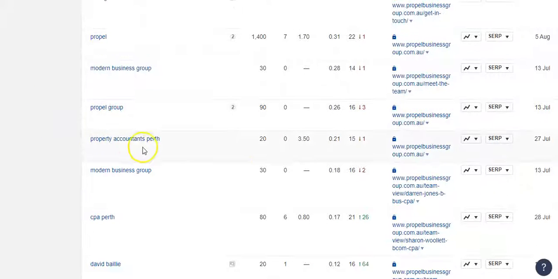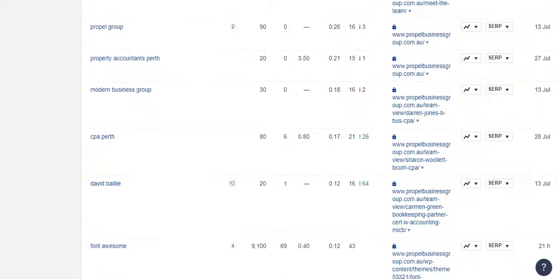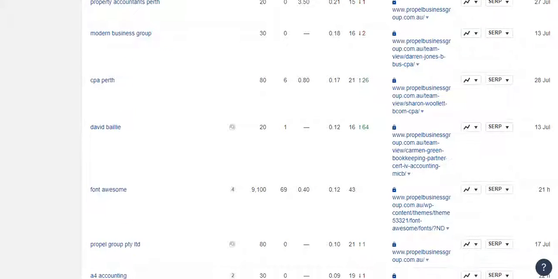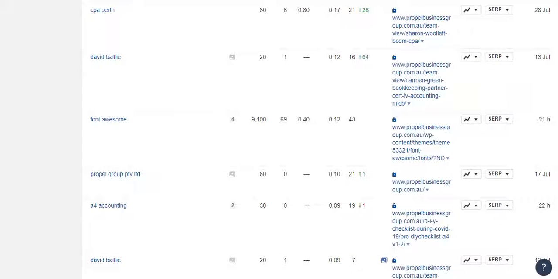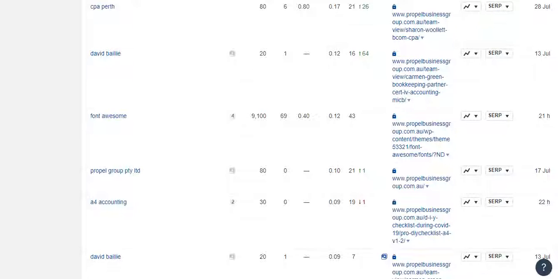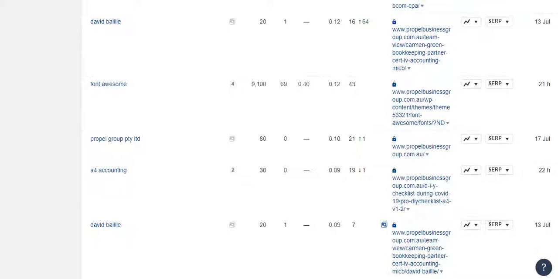So here, Property Accountant Perth, that's a good keyword, because this isolates. So when you say Perth, that's good, but when you've got Modern Business Group or names as such, but Font Awesome, that's just a font anyway. I'm not sure why you'd have that in your content.